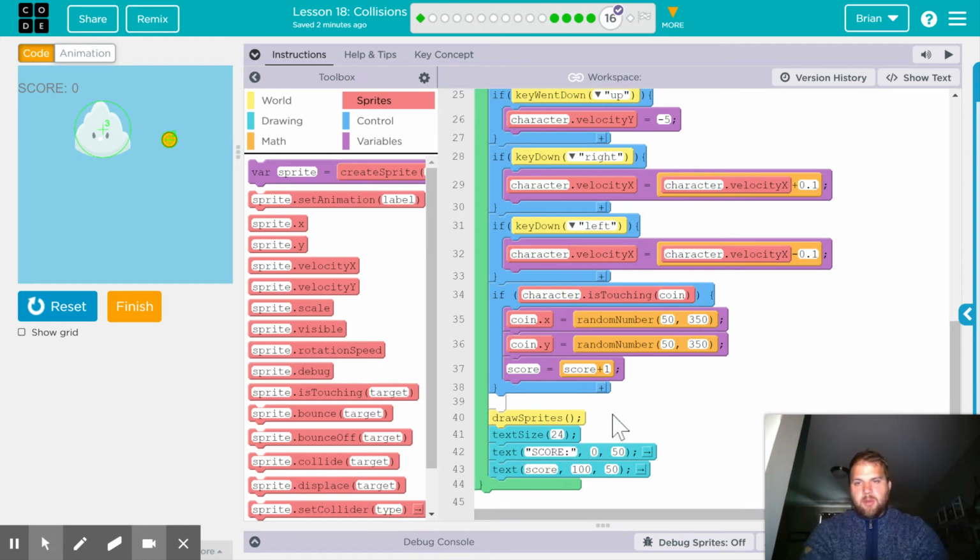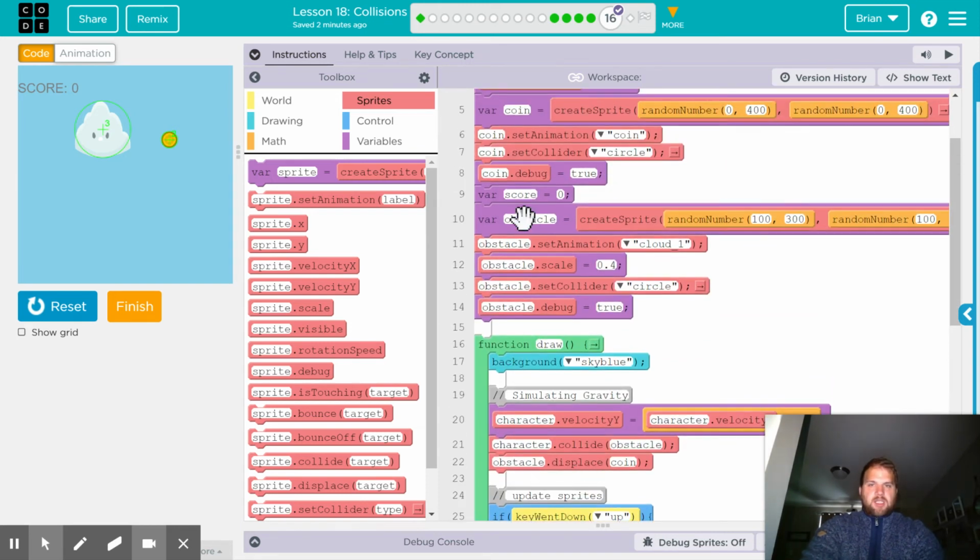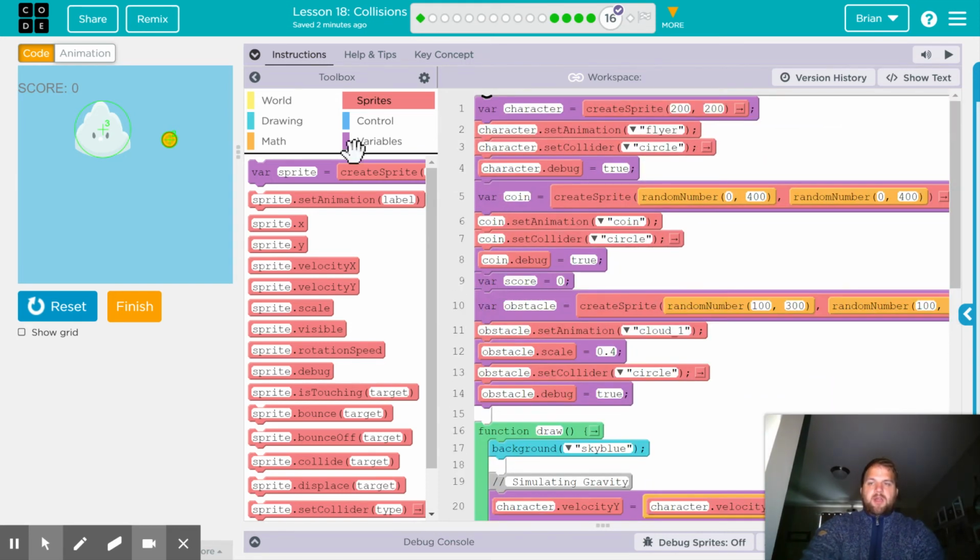Now, what's interesting, you might notice, whenever it's in quotation marks, that'll make it show up exactly how it looks down here on the screen. So quotation mark score, colon, it'll be up there. If I type just the score in all lowercase and no quotation marks, because I set this variable of score, it will change the number whenever I actually score points. So if I reset my game and I've got my little flyer here,